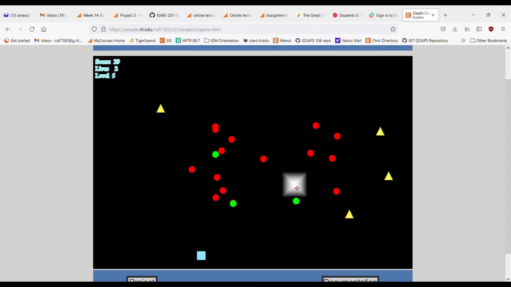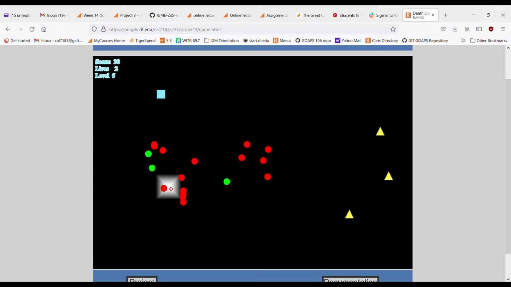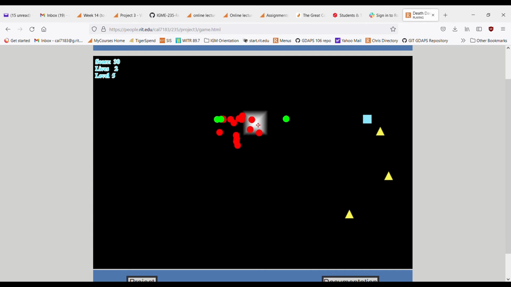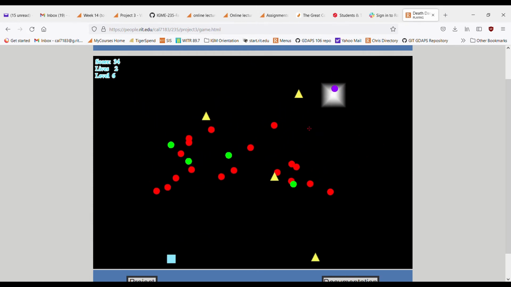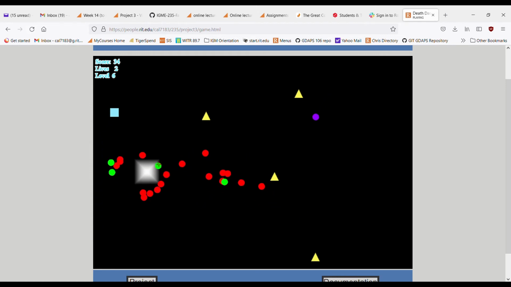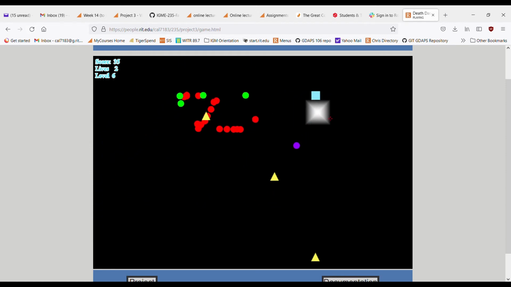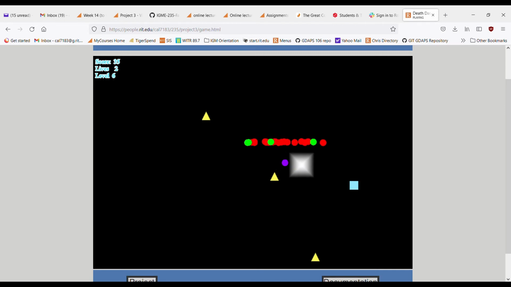Oh, not this level. This is level 5. So quickly, I'll just get through here. Now it starts to get more challenging because there are so many more enemies to worry about. But anyway, up here is the purple guy, and those are the bouncers. They'll just bounce around the scene. You can still slow them down with the shield, but they're mainly there to just get in the way,